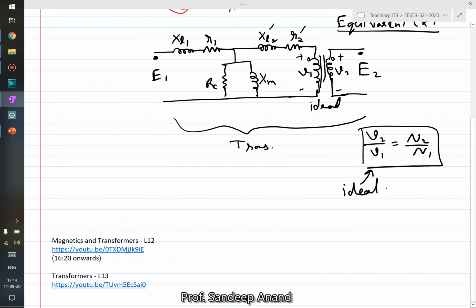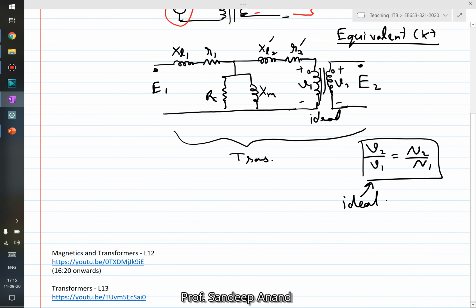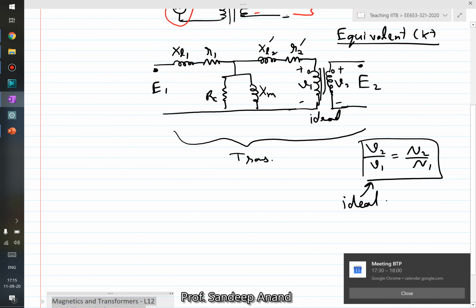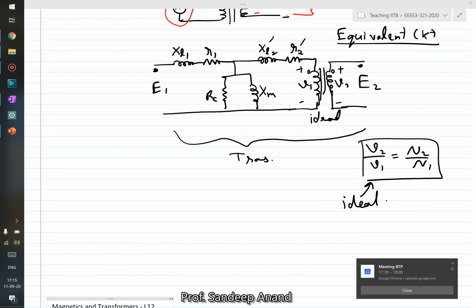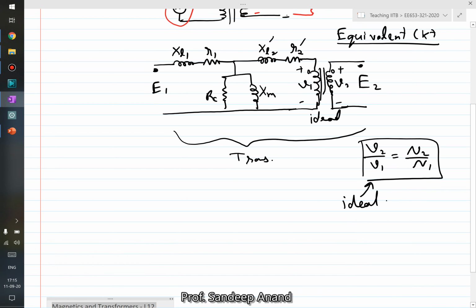Now, another thing which is pretty common concern when you discuss the transformer is: where does the current flow? Is it necessary that current, if entering from one side, would always leave on the secondary side, or can current enter from both the dot polarities, right? So that is again a common confusion.